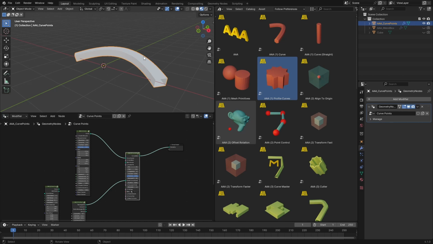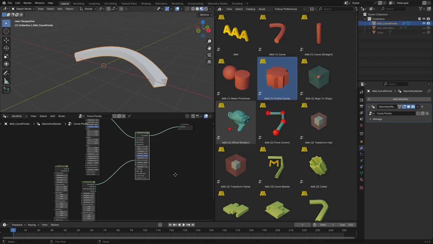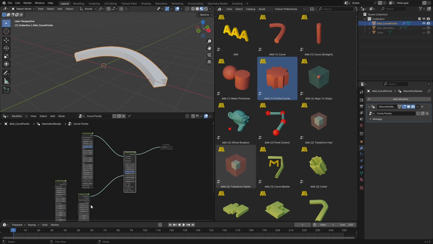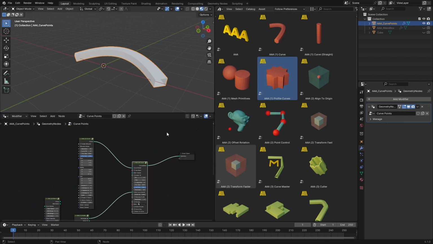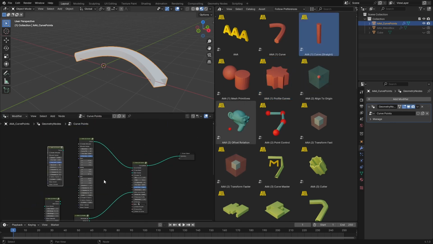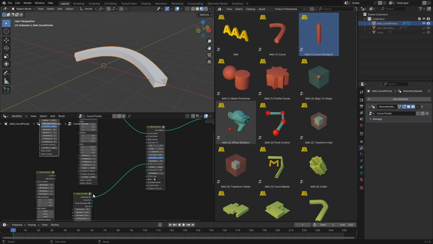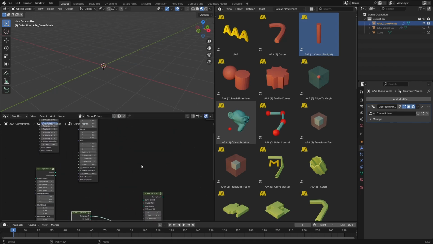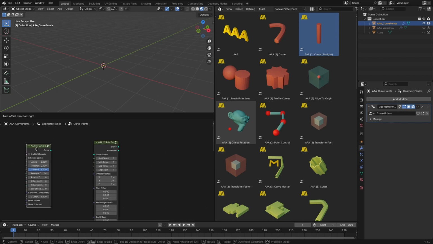And then you want to control the points. You know exactly the number of points you want to have. And for this, we use this point control. I won't use this curve. I will use this curve straight. And then I might leave this and this down here. I will use this curve line. Now I'll plug it here to the